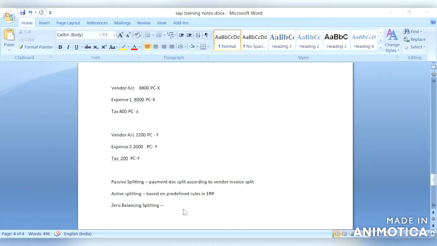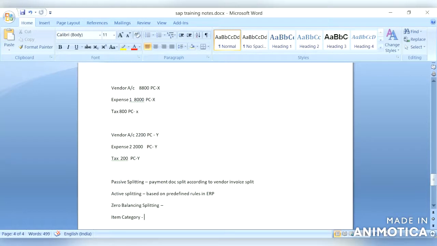So now let us move on and understand a few more concepts. Item category. So item category categorizes the general ledger accounts for document splitting. In configuration, each GL account is assigned to an item category.